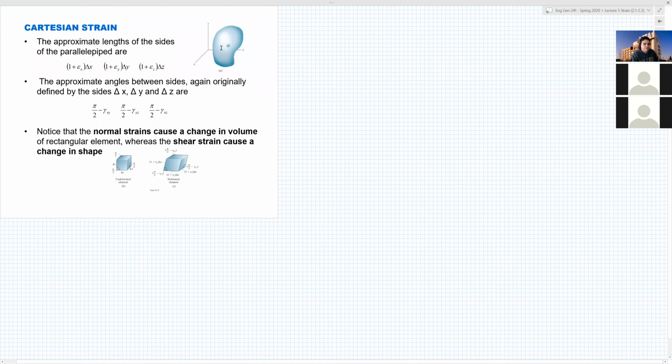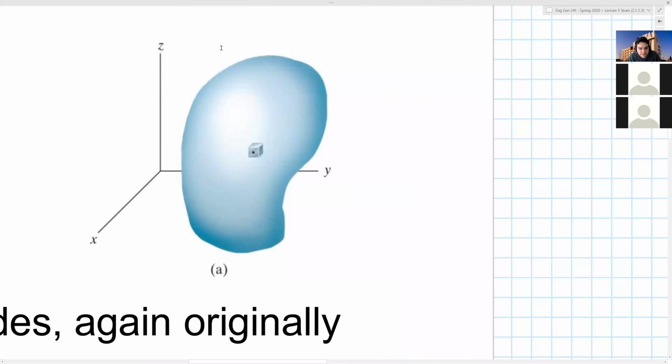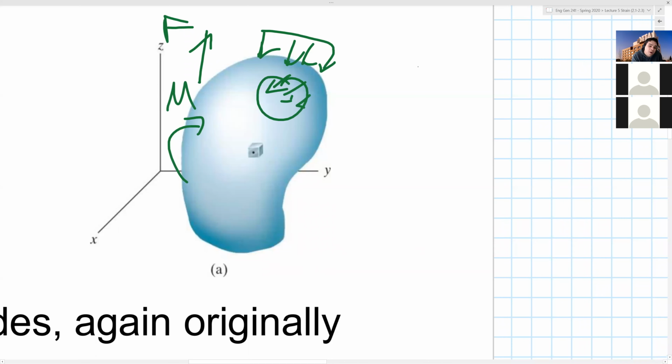All right, so now this potato. But don't worry, potatoes exist in 3D, unless you have a potato chip. Well, even then, right? So what we care about is what is ultimately happening to a cube. I've been saying it from before: we care about what's happening to the cube. What's happening to the potato is that you have forces, linear distributed loads, surface distributed loads, and moments acting on it. But what we care about is what is happening on the inside and what is happening to some little cube